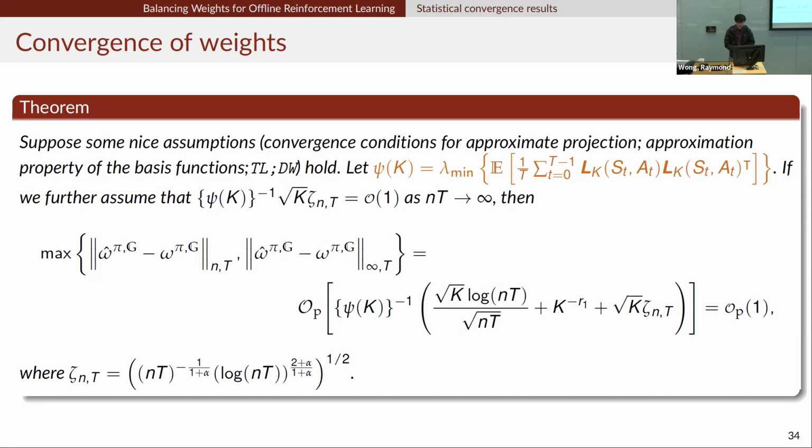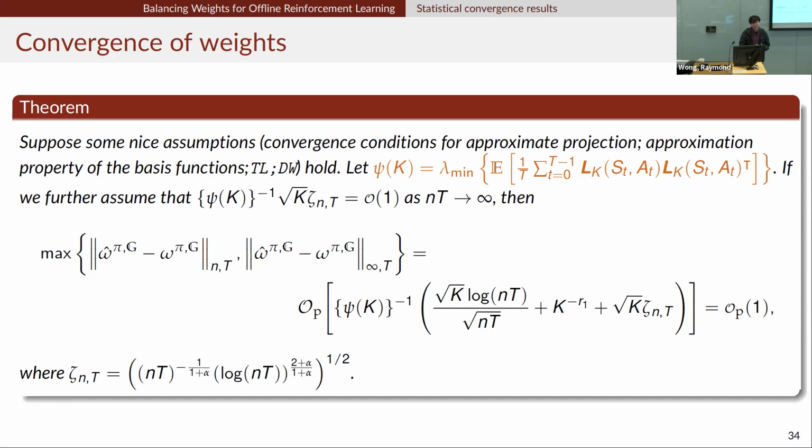In fact, this minimum eigenvalue is also directly related to the convergence rate that we see here. Of course, if the minimum eigenvalue is 0, our result does not even indicate convergence. So this is crucial. For the rest of the theoretical results, you can pay more attention to the non-parametric settings.